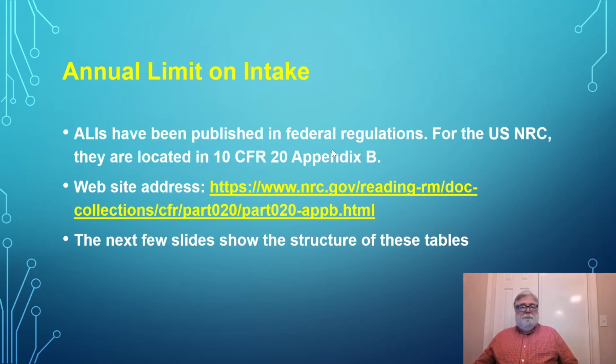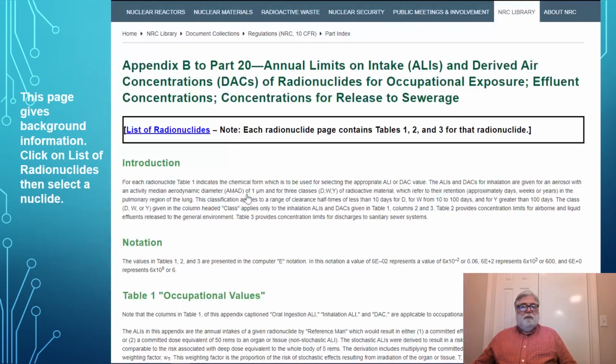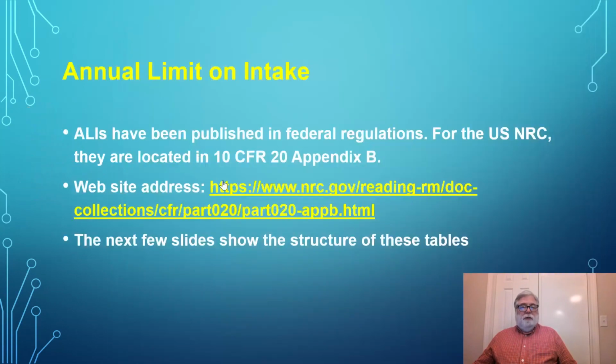And for the U.S. NRC regulations, they're located in Title 10 of the Code of Federal Regulations, Part 20, Appendix B. And so I'm giving you a link here that you can find these tables, and we're going to show you what these tables look like in the next few slides. Okay, so this is the information that is used for assessing doses in an occupational setting to ensure compliance with the limits. So if you go to this link,